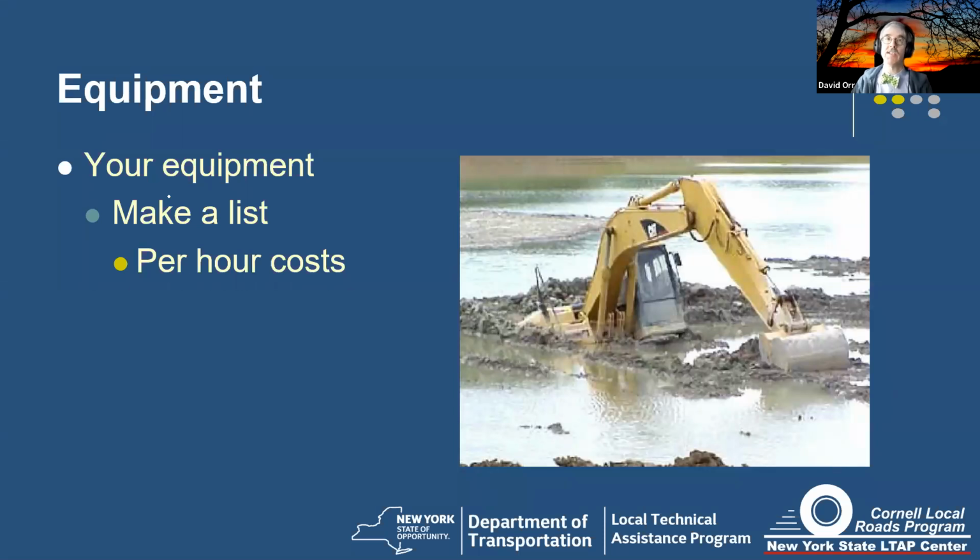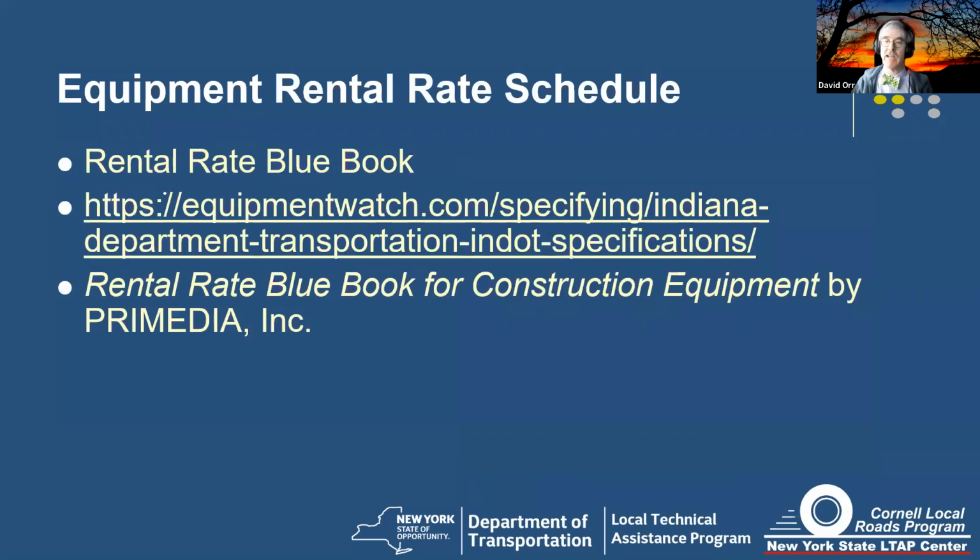Okay, just to show you, everybody's heard of the Blue Book? New York State has a Blue Book, and in your handout there's a Blue Book. Well, every state's got one. This is the one from Indiana. There's one for New York State. How do you find it? Go on the web, type in rental rate Blue Book and the state. In this case, New York, it'll pop right up. If you did it for Indiana, you'll get the one that says Indiana. If you did it for California, you get one for California.